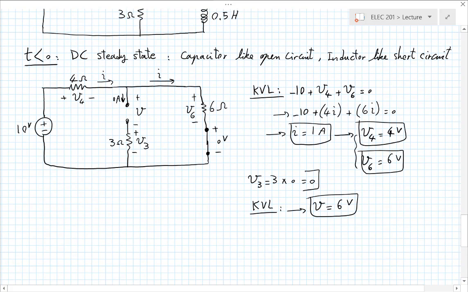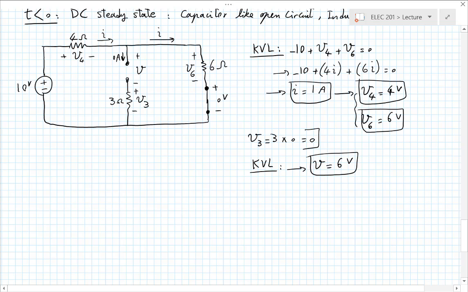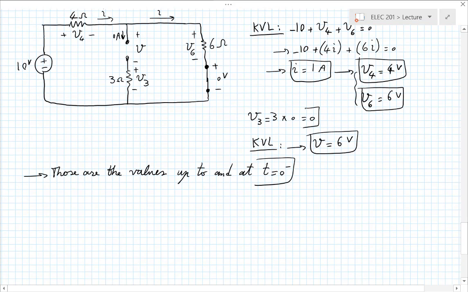So that's it for t less than 0, and that continues all the way until t equals 0 minus. So you have these values for t equals 0 minus. Those are the values up to and at t equals 0 minus. Okay? Now at t equals 0 plus, going to t equals 0 plus,